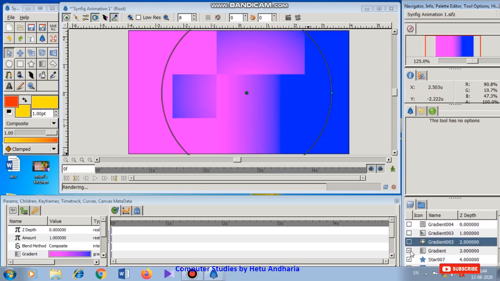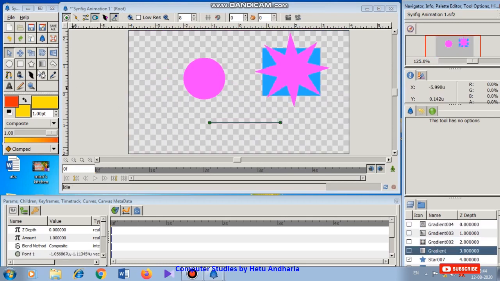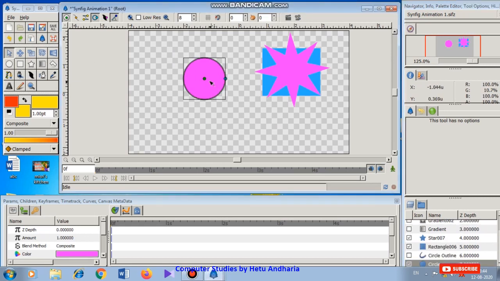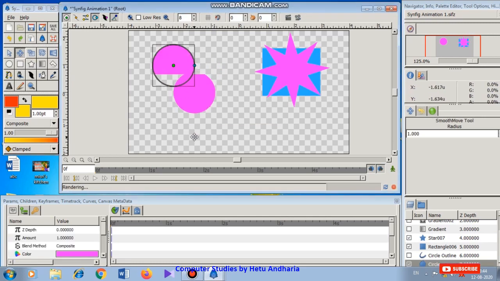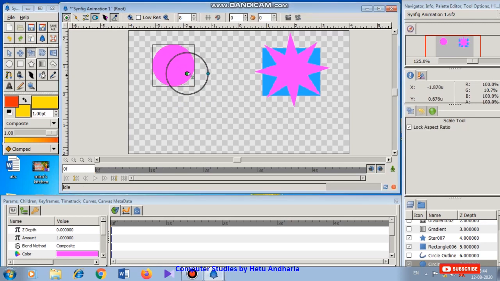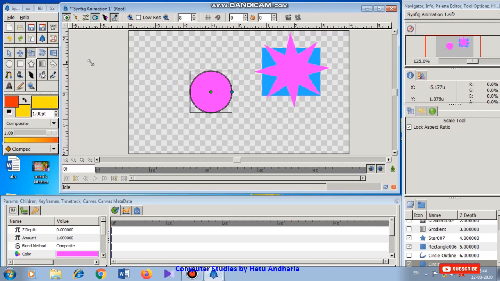Okay, I am removing these layers at present. For example, with this tool I was able to move this circle, am I right? With this move tool also I will be able to do the same thing. It's very funny. With this scale tool also I will be able to do the same thing. Just observe. There is no difference, only the shape of the cursor changes.